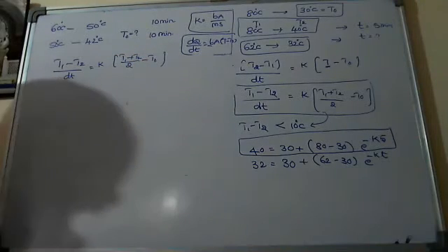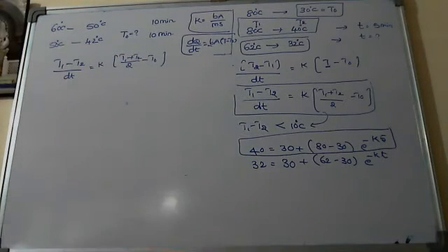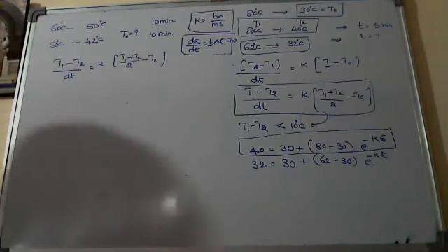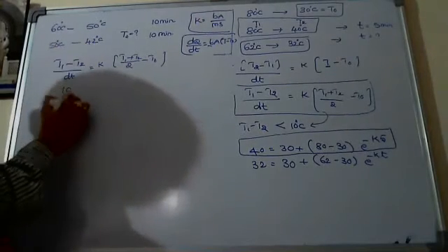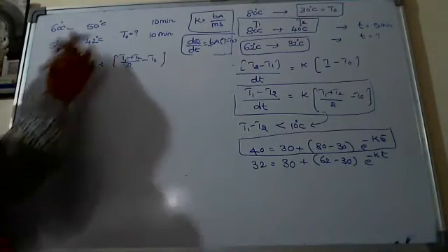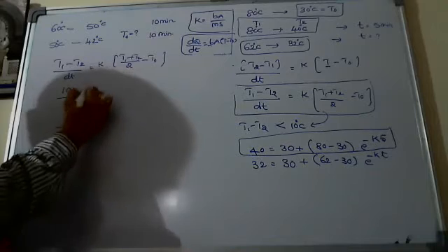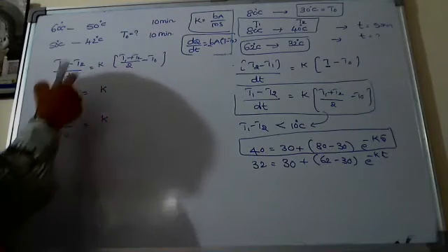Sir, 5, sir. Which is the room temperature. Yes, sir. Is it 5, Nana? Yes, sir, I got 5 only, sir. But option 5 is not there, right? Where did you make the mistake? T1 minus T2 is 10 by 10 the first time. The second time, 8 by 10 is equal to K.